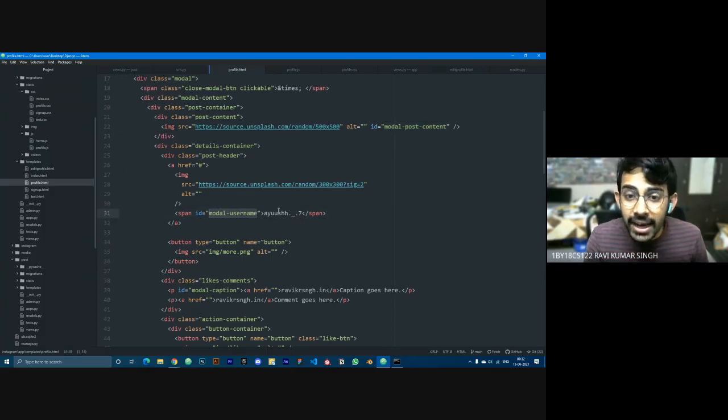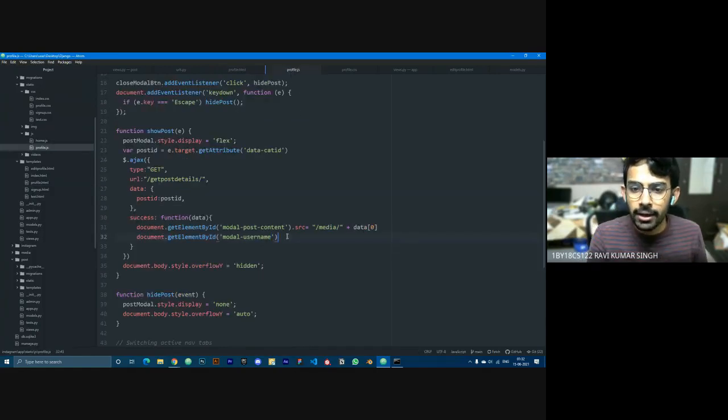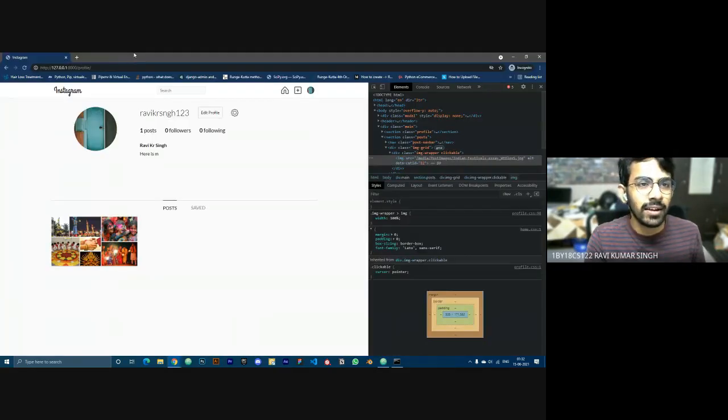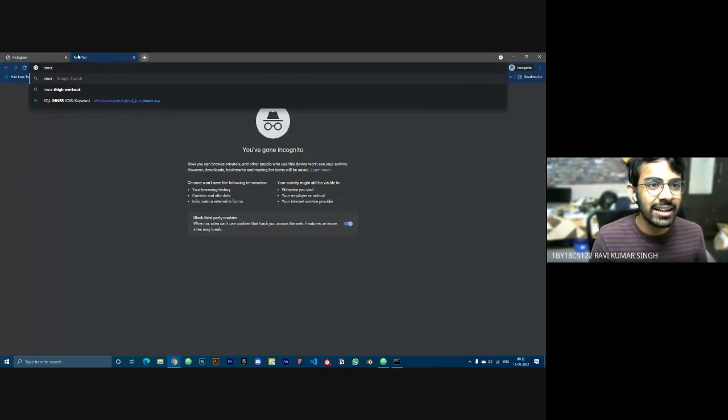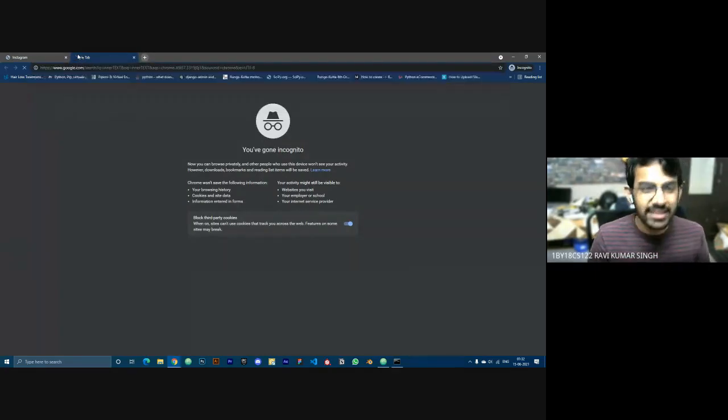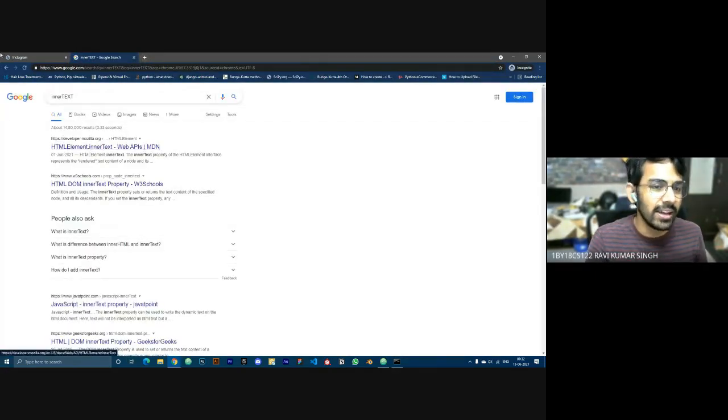and then how will we reach inside it? Whenever, if you see, it has just text, and we don't want anything else, we just want to render text. So I'll be writing .innerText. Again, I'll just check if it is innerText with capital T, yeah, it's fine.